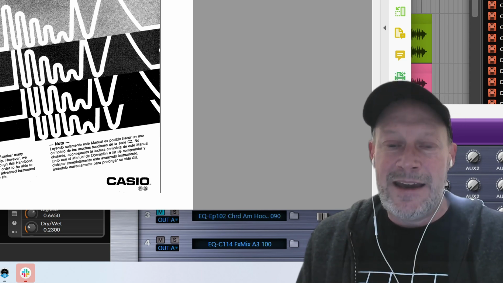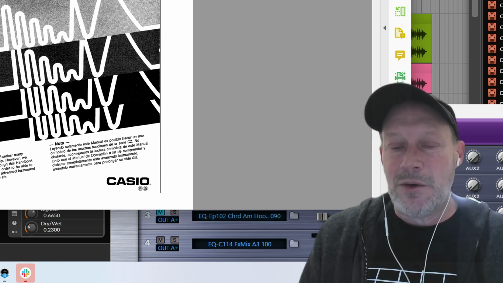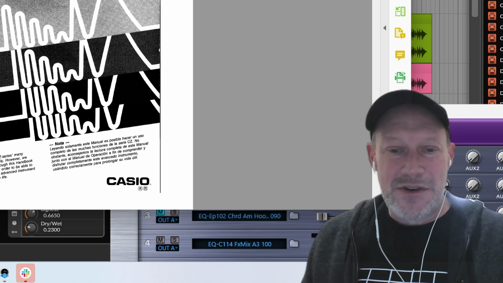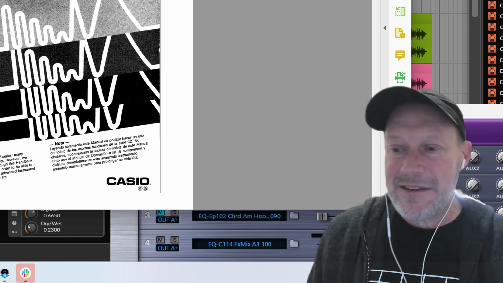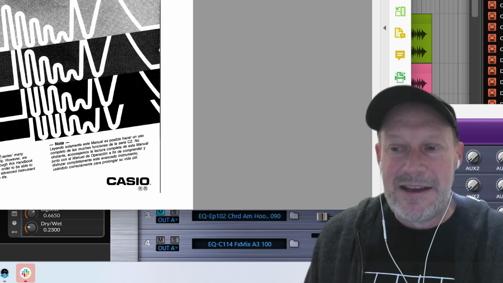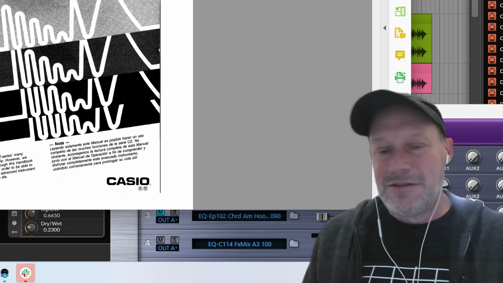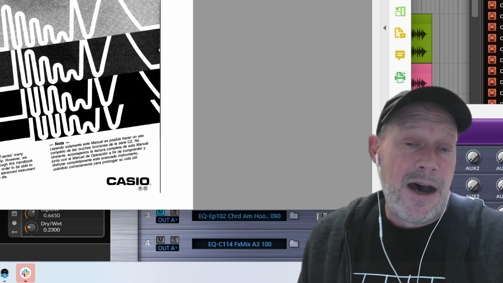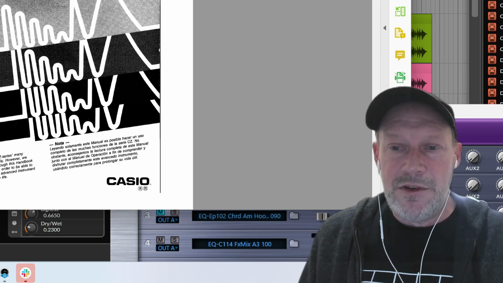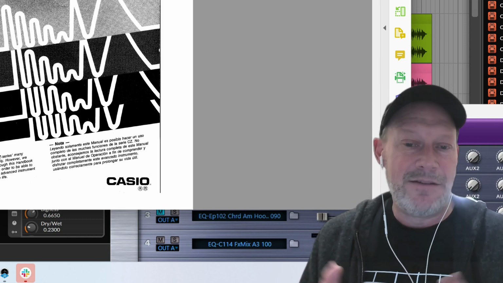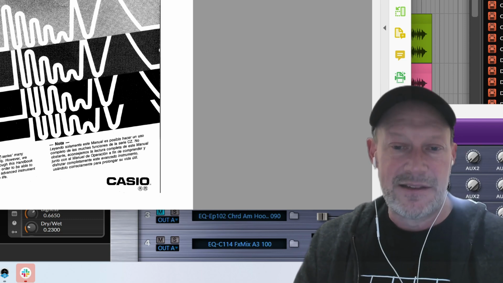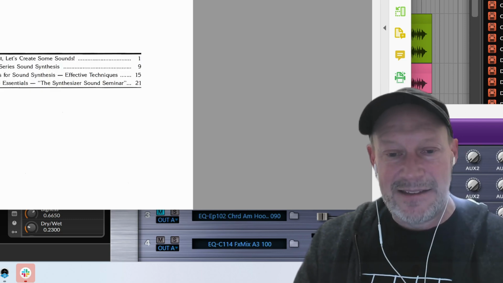Before getting the CZ-101, I had things like Yamaha PSRs, pre-programmed electronic instruments that were kind of fun in their own right. But you couldn't really modify the sounds in much of a meaningful way. So it was really helpful to have this book that actually explains sound synthesis, and it has kind of